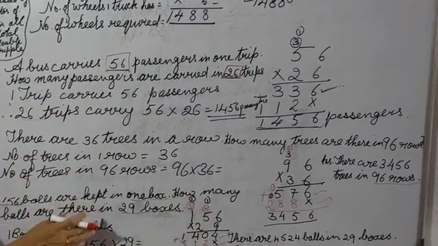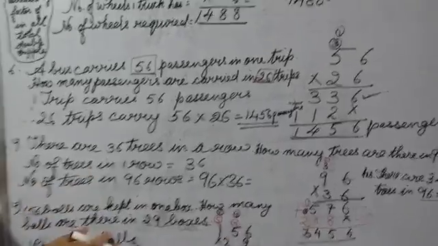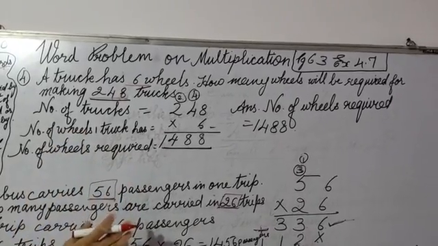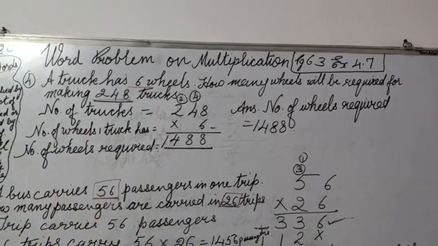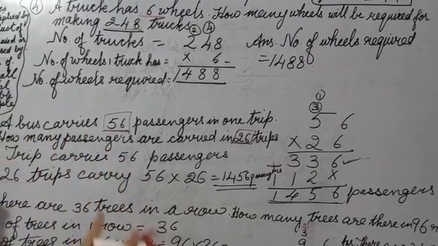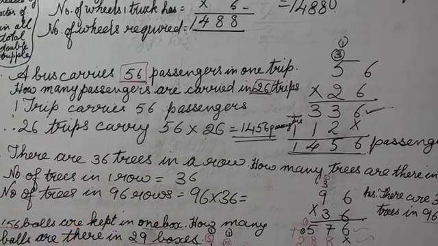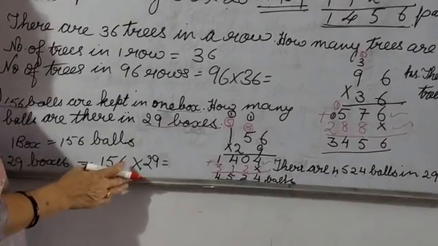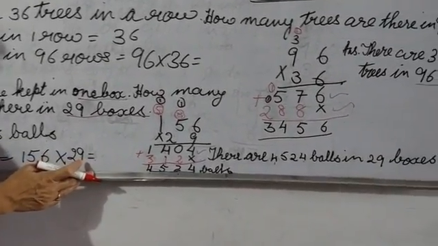Please try and do your homework daily. Whatever assignment I am sending you daily, please do. After this, we are going to take the next lesson, division. And that I will be taking step by step, one at a time. Right now, you have to complete this. Then our multiplication problems will also get over.